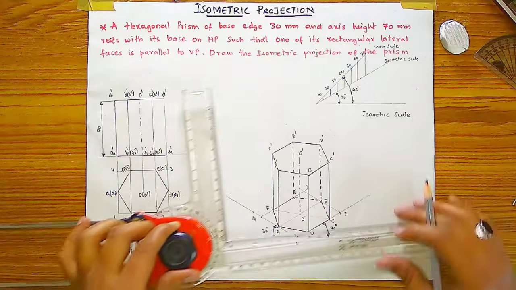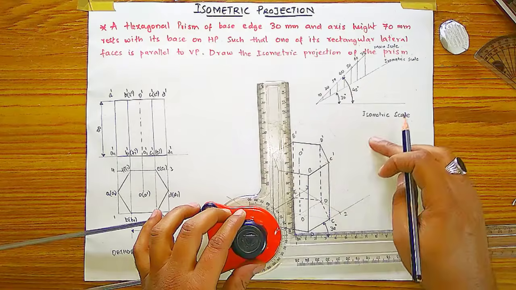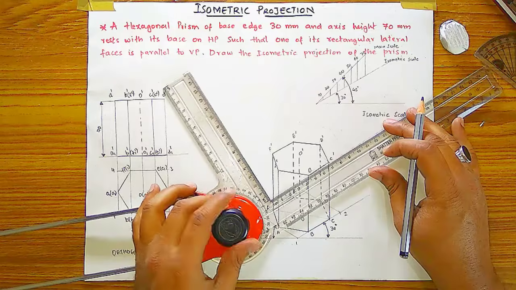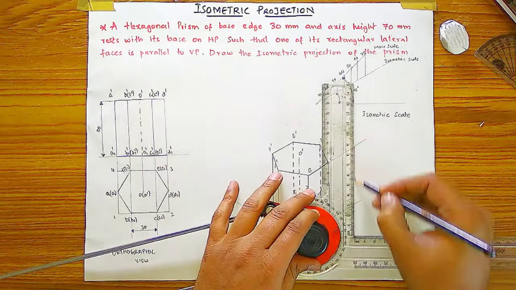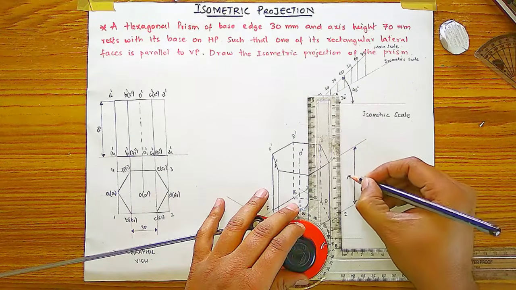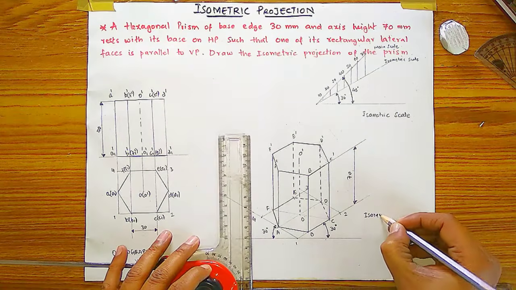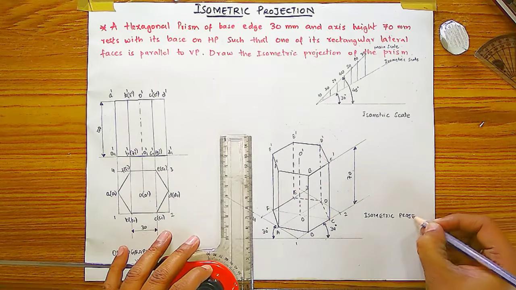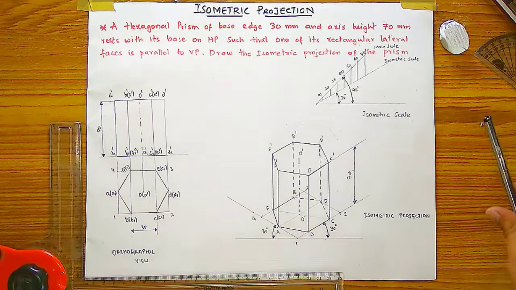And also you have to show the dimensions, means this axis side is having 70 mm. I have already taken an extension line, and from here also I will take an extension line like this. Dimensioning line, arrow marks, and this is 70 mm. And this one is the isometric projection. And this is the complete solution of this problem.